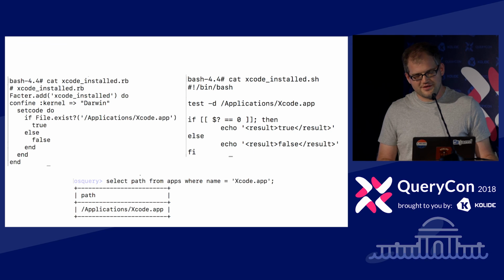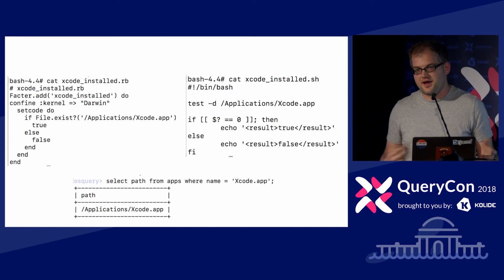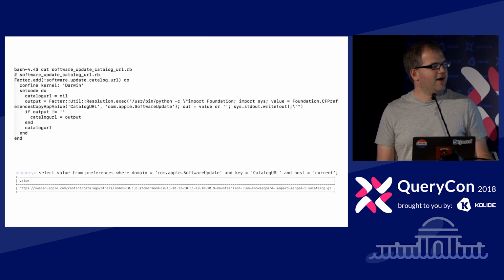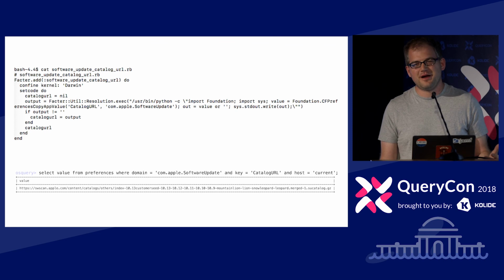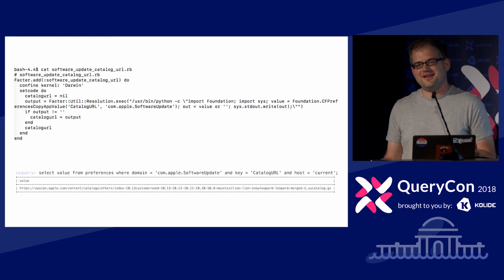So how about something a little bit more complex? On the Mac, you can define a separate software update URL. But unfortunately, the Mac management tools are pretty much all written in Ruby. To query things properly to find out what the actual preference you're going to resolve is, there's no interface for that in Ruby.